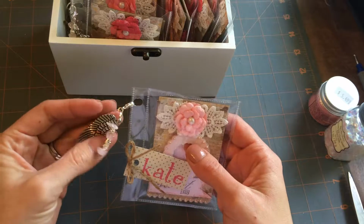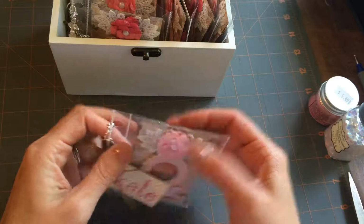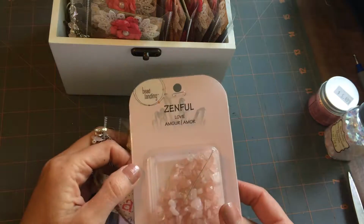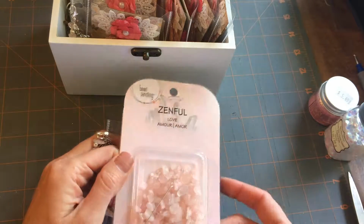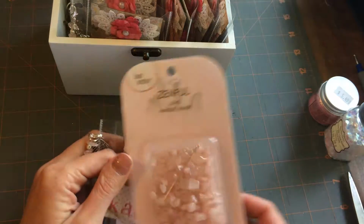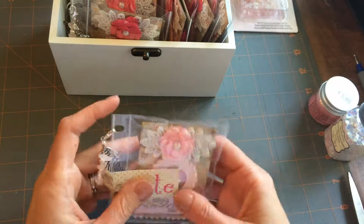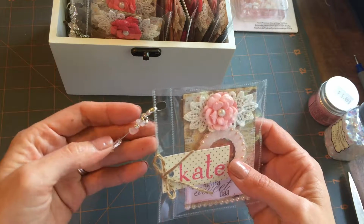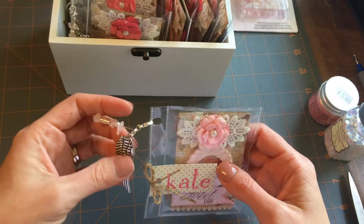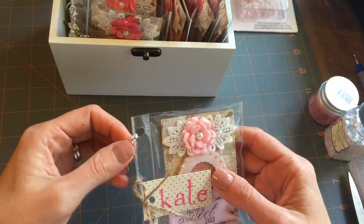So I made the little charm there. These little beads are actually rose quartz from Zenful. I have a little pin stuck in there by accident. But these are really pretty, pale pink. I just really like them. Yeah, rose quartz. And I got those at Michael's. Anyway, I just used one of those pins and some spacers and some of that rose quartz. And then I added a little charm to each one, and they're hanging off of a lobster clasp,